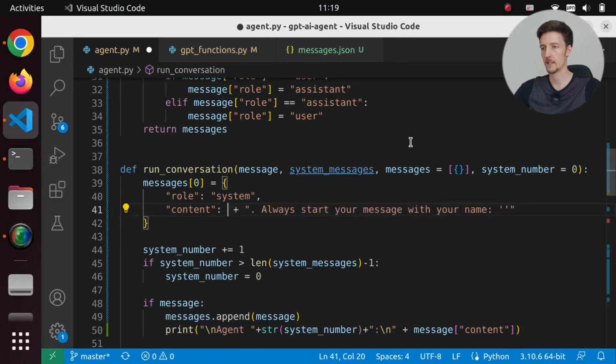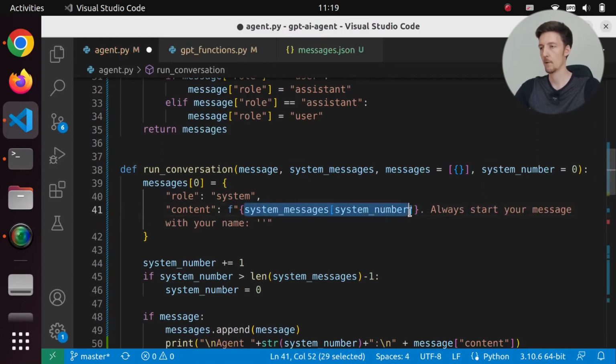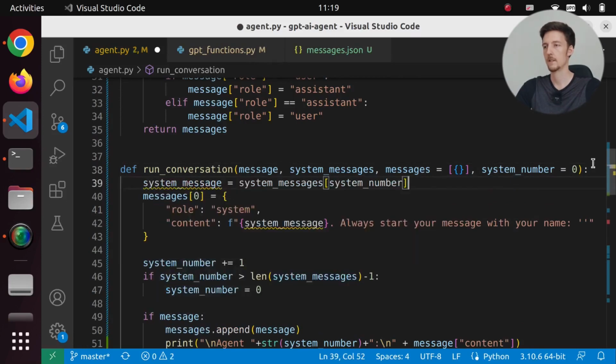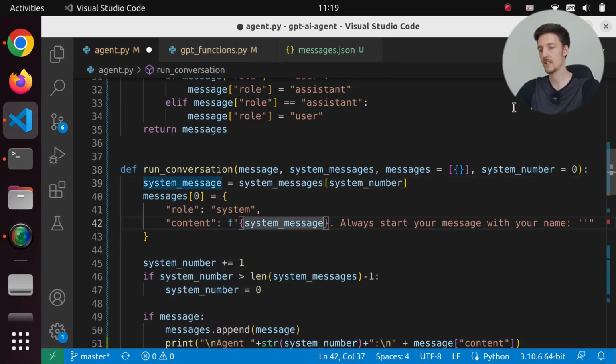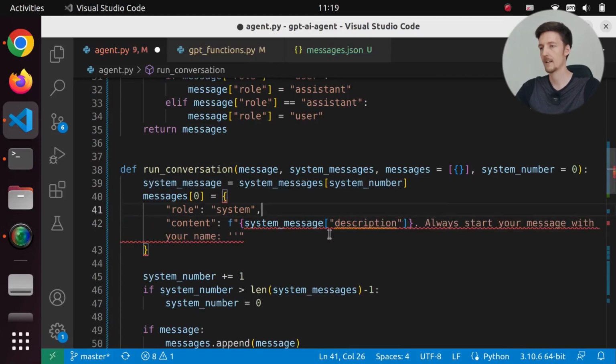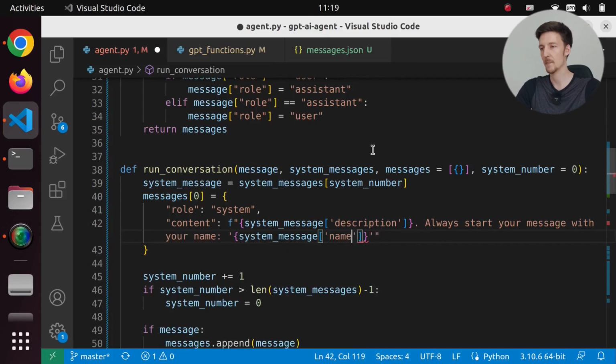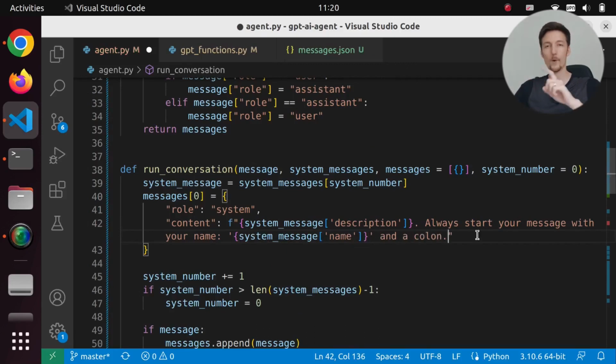So I will in fact make this an F string, and I will put this here, and I will do actually this system message, which will be that, and then we will add system message description, and I can't do that. Can I do that? Maybe. Always start your message with your name, which will be system message name and a colon. So now everyone gets a chance to talk in the next iteration. Now maybe we could randomize it, but let's do this for now.